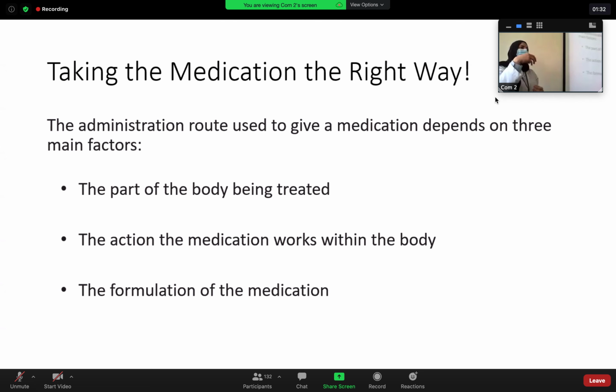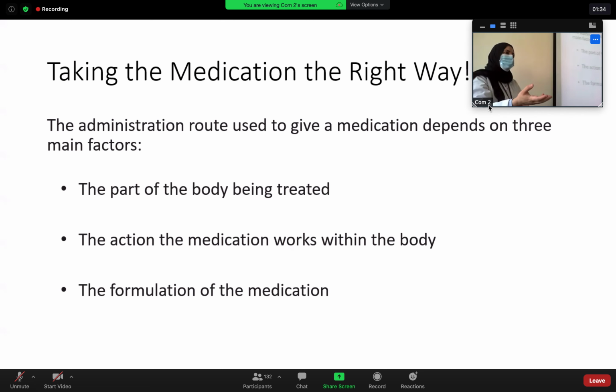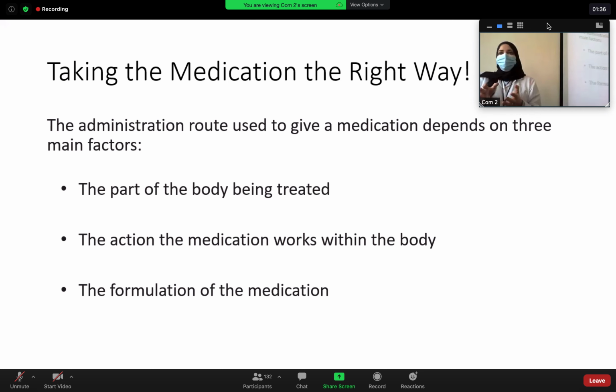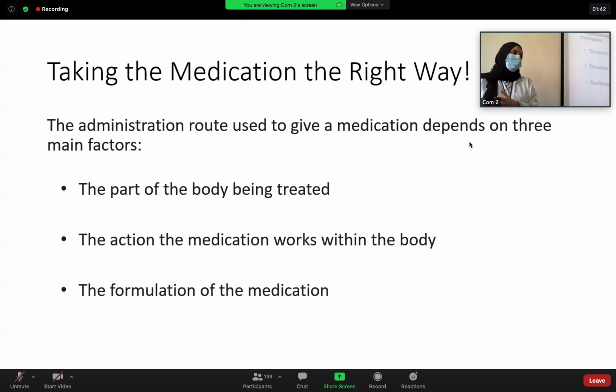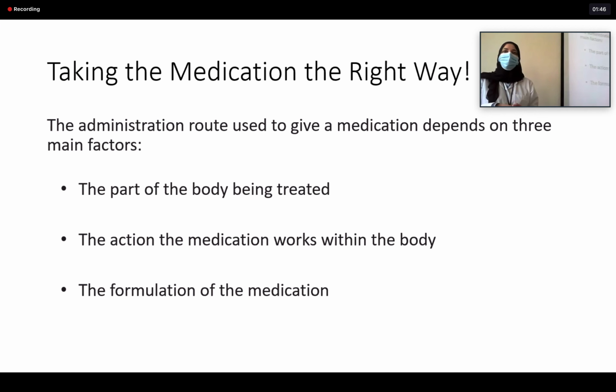that is being selected to be prescribed for the patient. Each medication, when it comes to formulation, might have an active ingredient and might have other excipients, which will make this medication unique in its formulation as well. We will not go into that direction, but you will be seeing shortly different preparation or different